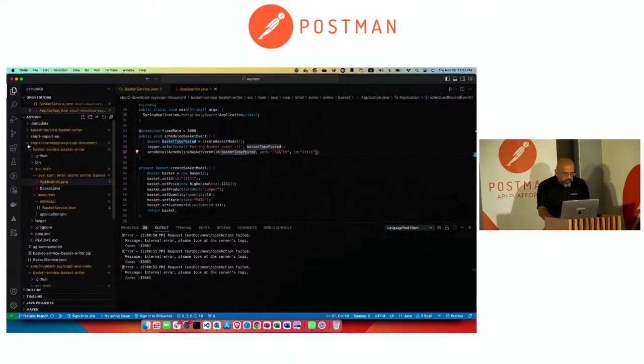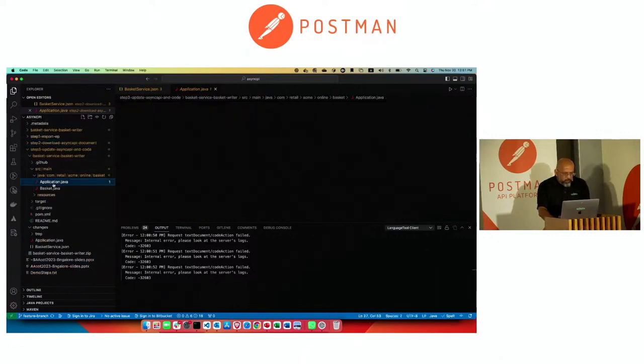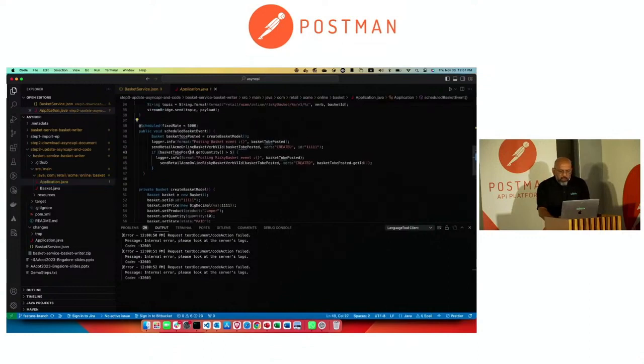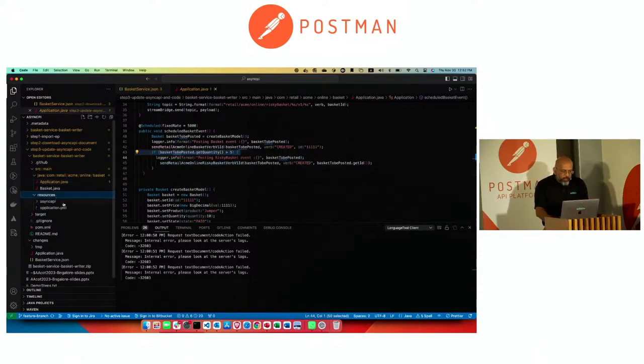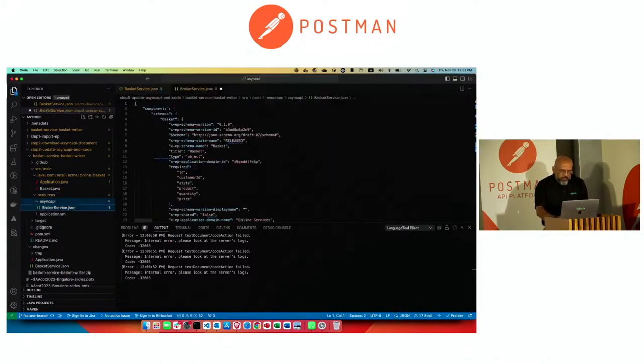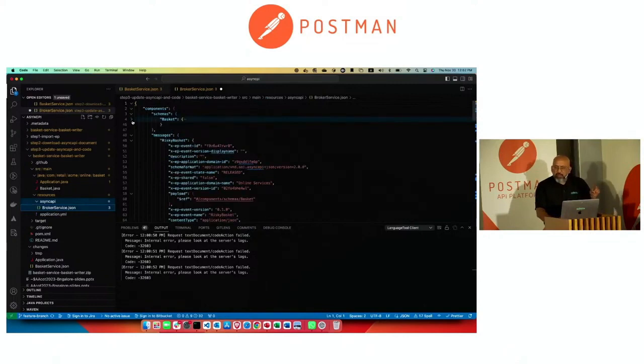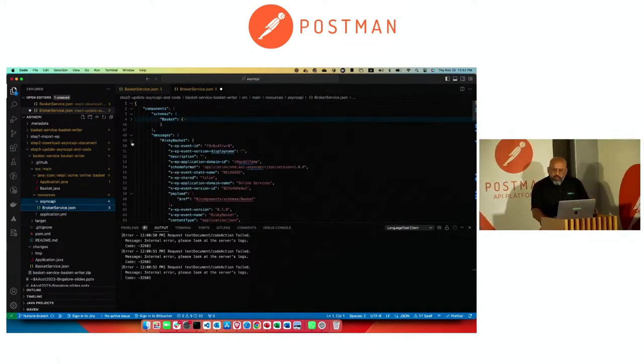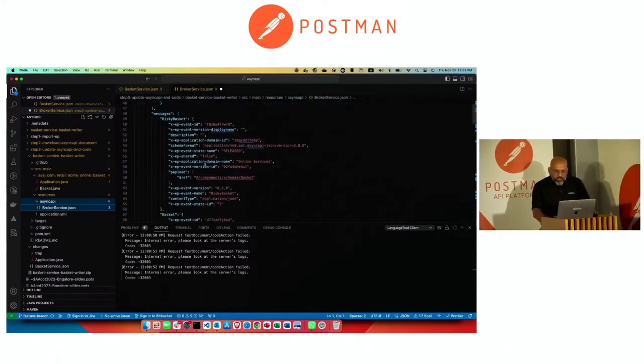Here it is. So I check the quantity. If it is greater than 5, I publish this event. Now, this event doesn't exist in our design in the event portal. But I'm able to update this AsyncAPI document. I continue to rely on the schema basket because that's reused. And I create a new event or message called risky basket. Payload reference, all those things are populated.